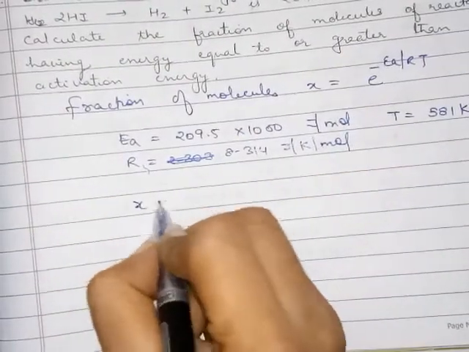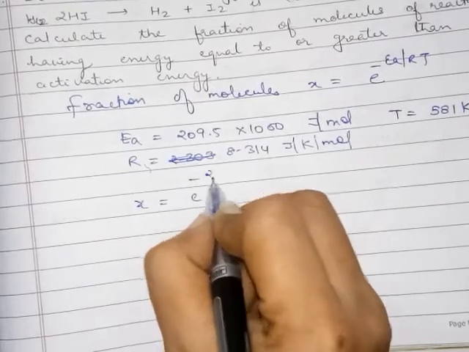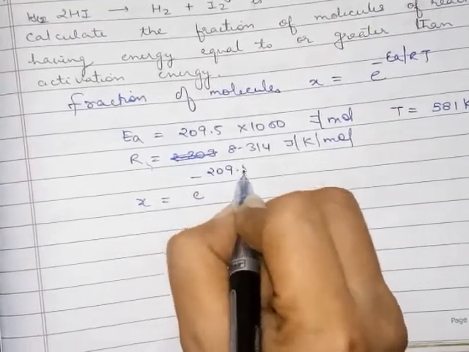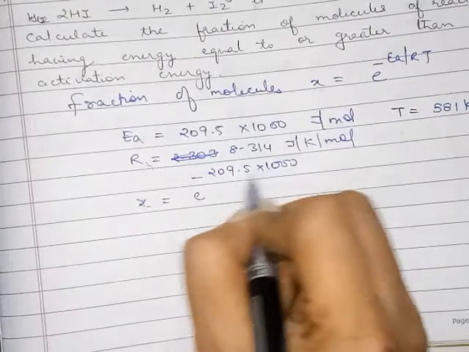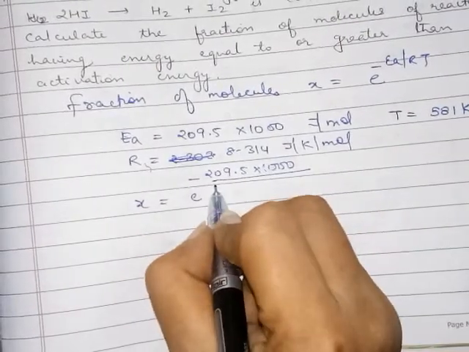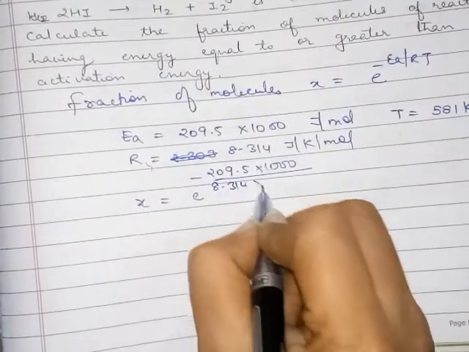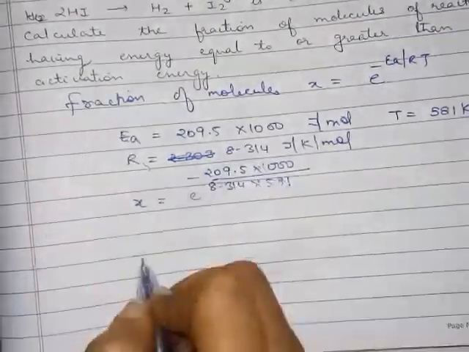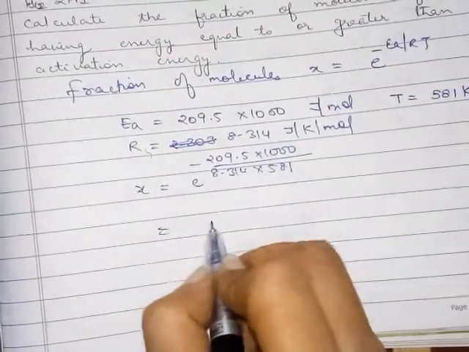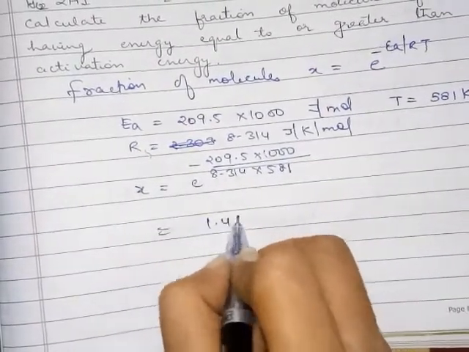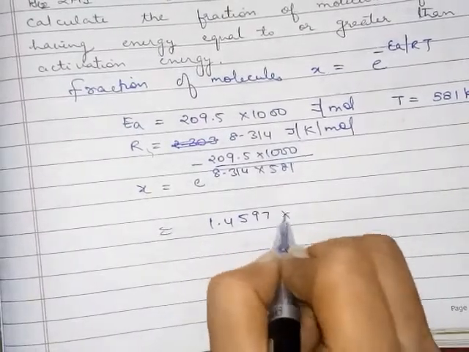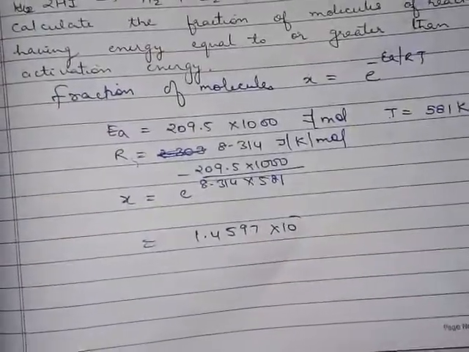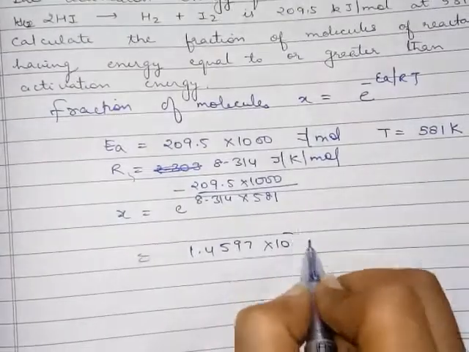So x is equal to e to the power minus (Ea into 1000) divided by (R into T), 8.314 into 581. When you solve you will get 1.4597 × 10^-19